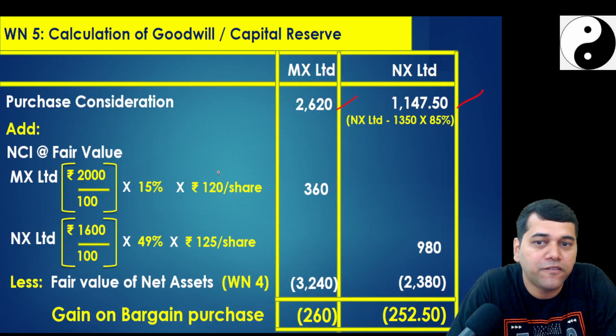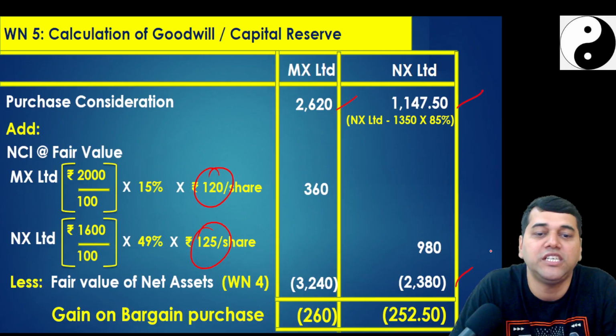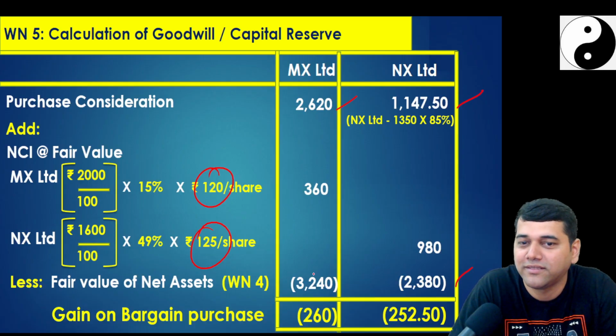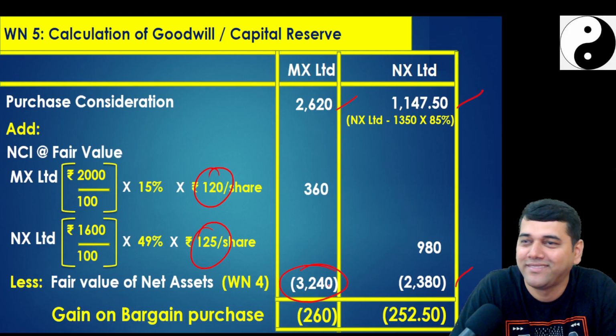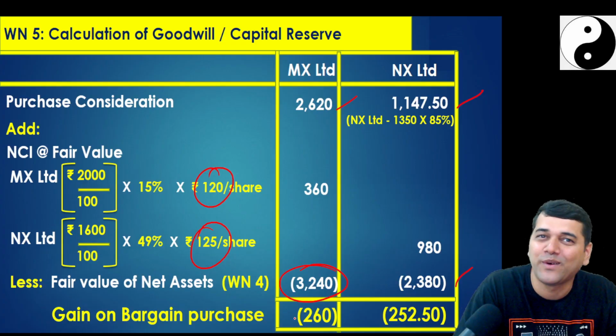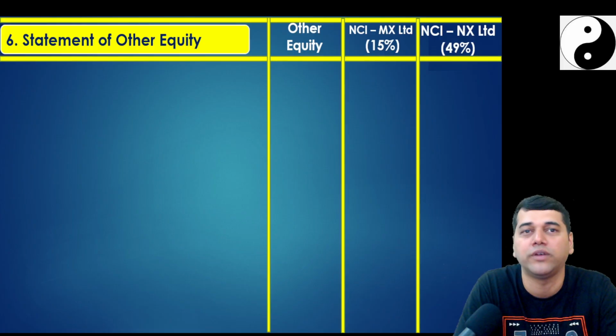Here, the difference is this. You have to multiply with the respective prices. Fair value of the net assets we have already calculated 260, 252.50. Yes, you will miss it here. Vishnu Priya, correct, no? See, one effect will come here. Cascading, it will go to other places. That's why we will keep our steps limited so that we have a good hold over it.